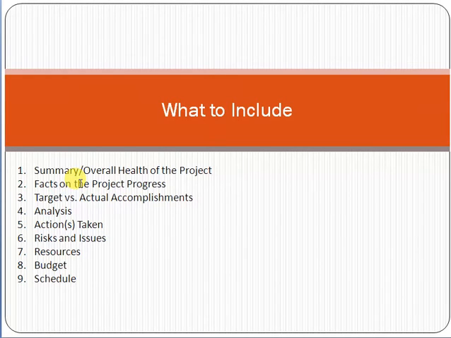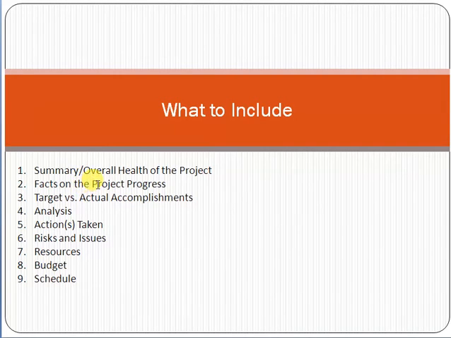First of all, the overall status, the overall health of the project. Overall health means that the project is on track, off track, at risk, in a critical stage, or in very good shape. Normally we can use a color indicator, like green for good, yellow for not good, and red for at risk. Normally we use these types of indicators in a report just to show the health of the project.